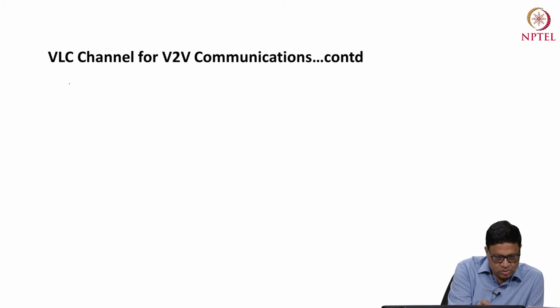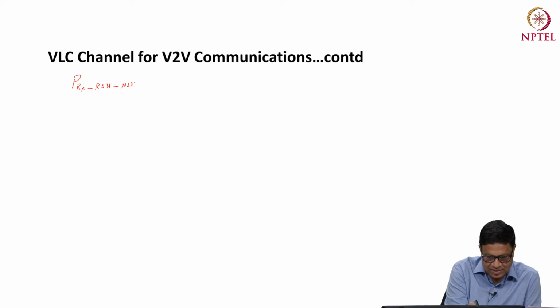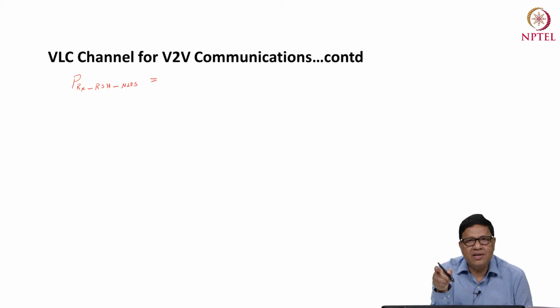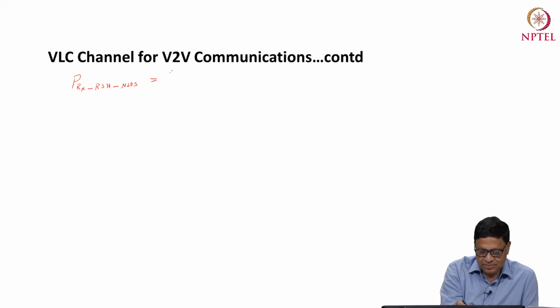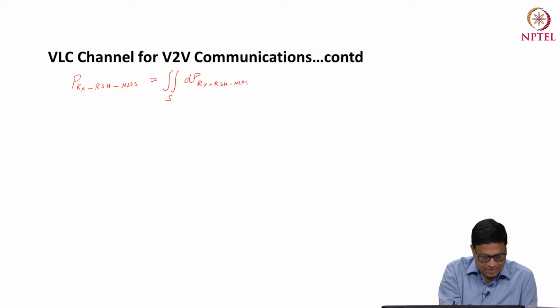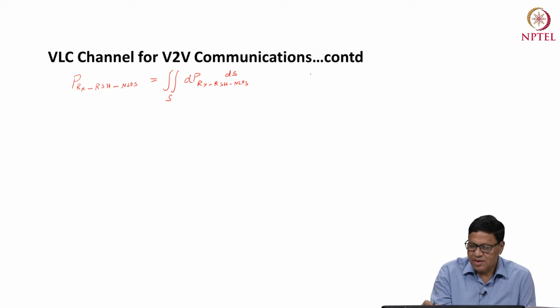So the total power received, PRX, from the right side headlamp, because of NLOS, is a total power that will be integrated over the total area which is getting illuminated from the headlamp. So this will be integrated over the surface S, and this is dP Rx, RSH, NLOS into dS. And this will be when psi NLOS